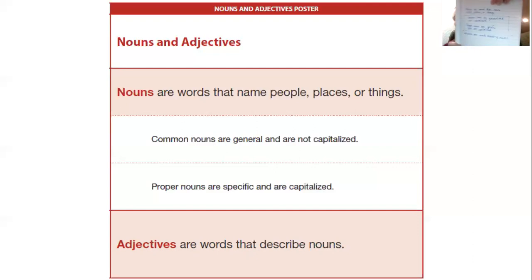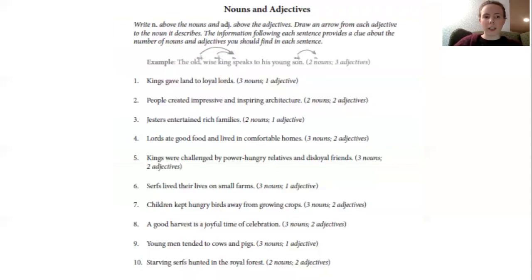So once I have this jotted down, you can pause if I was working a little bit faster than you were ready for. And then when you're ready, just unpause the video and we'll continue. So there will be a picture of this in the Google Classroom. The directions say write N period above the nouns and ADJ period above the adjectives. So our abbreviations for noun and adjective, so you don't have to write the whole word out. And then you'll draw an arrow from each adjective to the noun it describes. The information following each sentence provides a clue about the number of nouns and adjectives you should find in each